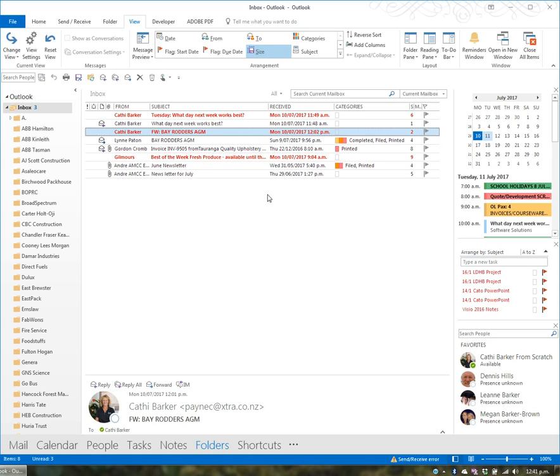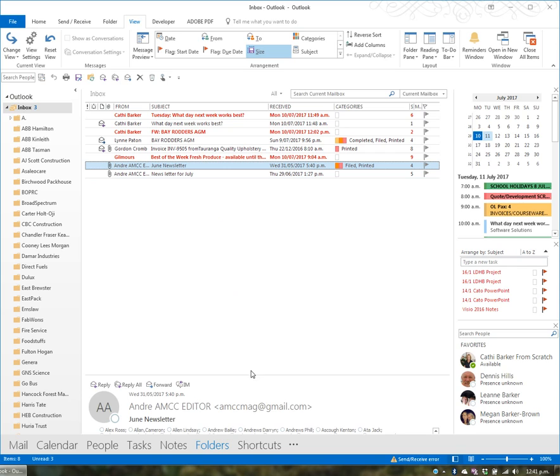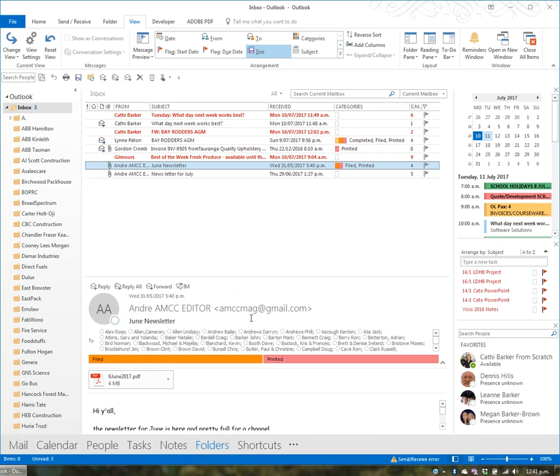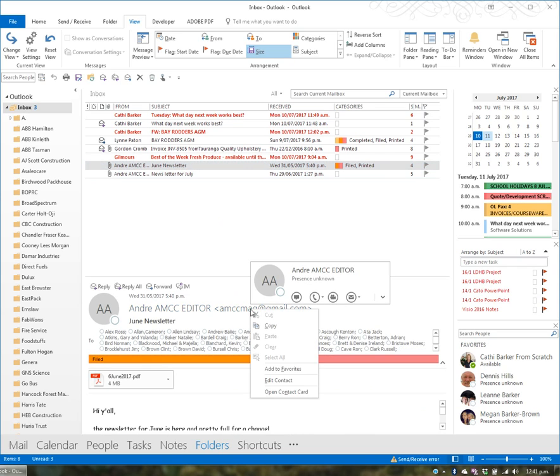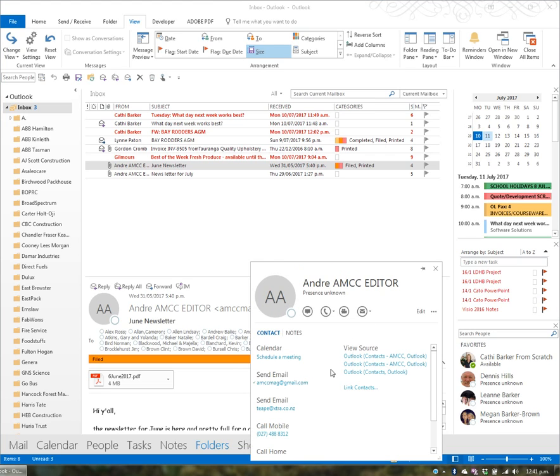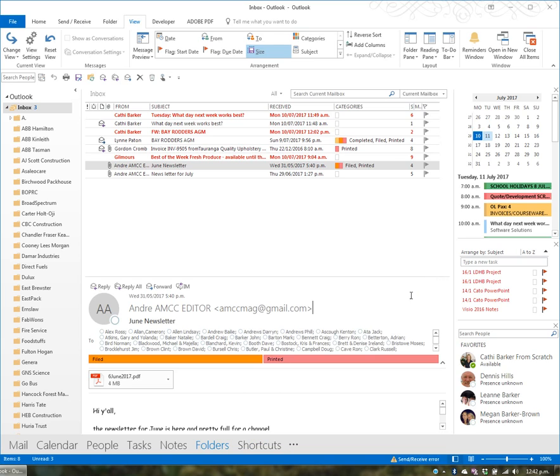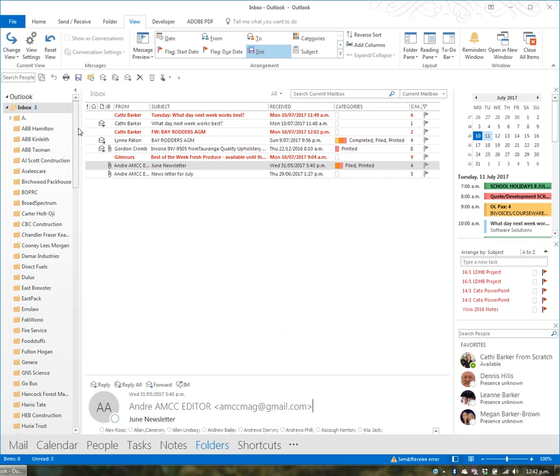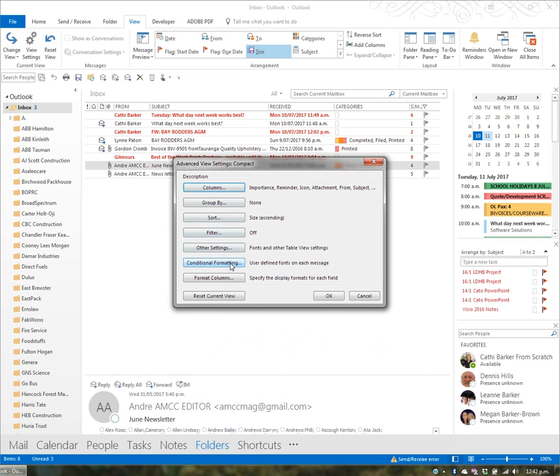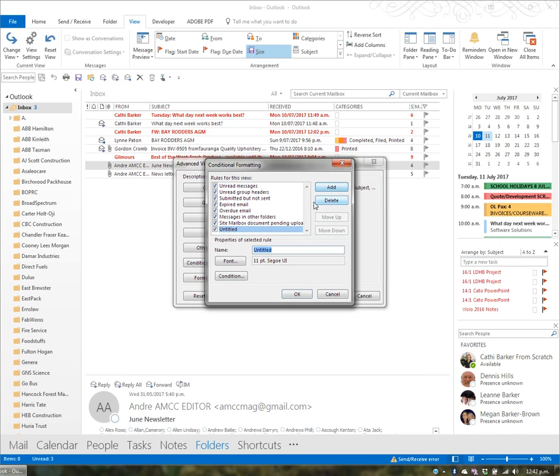Another common request is that any emails from a certain person be formatted in a certain color. So I might say anything from Andre is to be formatted in a certain way. What I'll do is I'll right-click Andre's email. Actually, I'll go into this view and right-click the email here and take a copy of that email and close. What I'll then do is go into View Settings, Conditional Formatting, and I'll add a rule